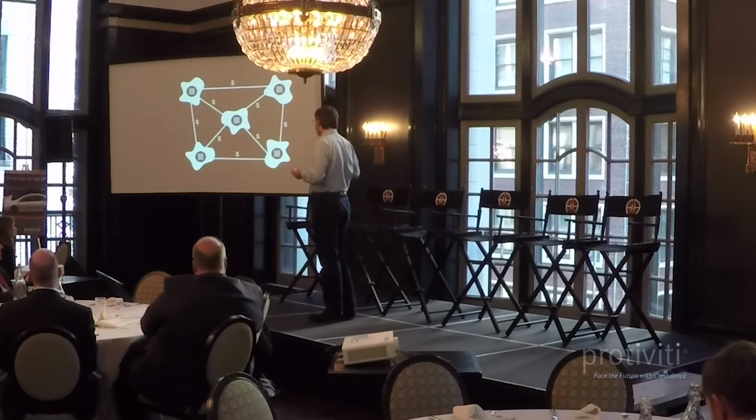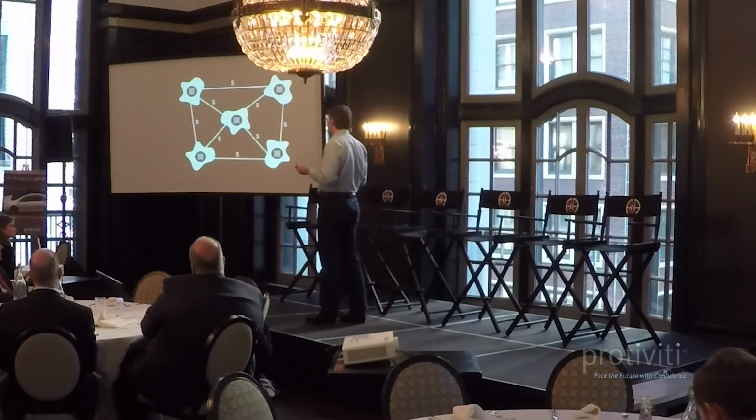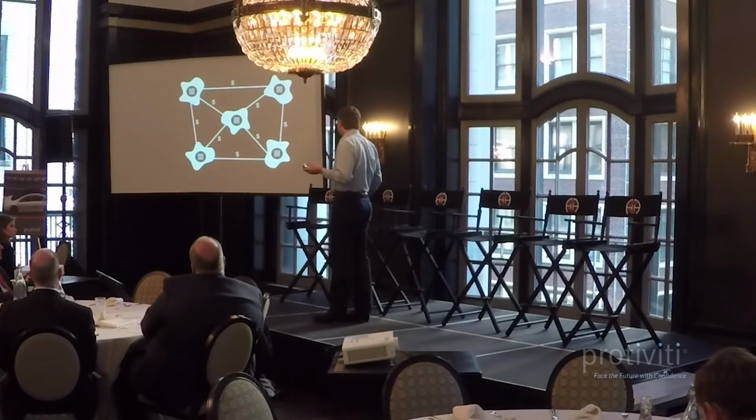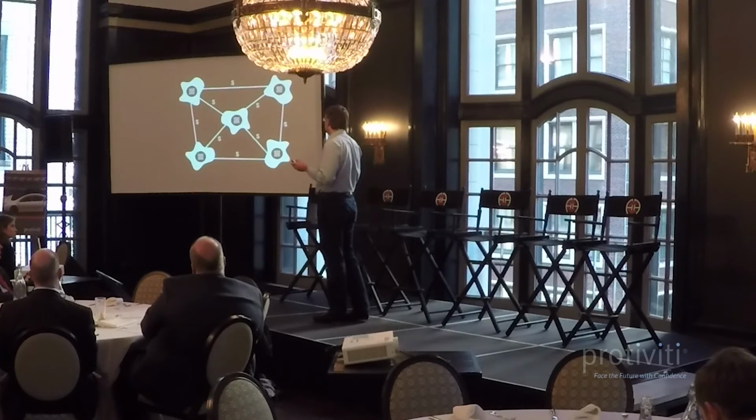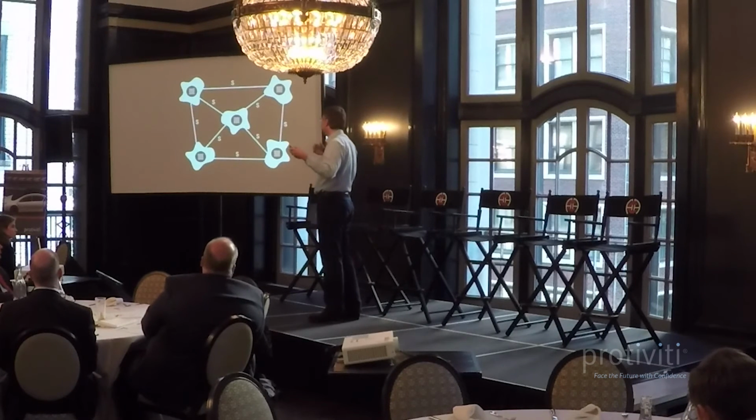Now, what we can do with this type of system is build a payment network that allows money to flow freely among these nodes. And we can do it in a way where we don't have to put the whole thing in a box. Every part of the network is responsible for its own security. And what we have now is a payment system that has two important properties. It's very reliable and it's very secure. And what's important is that it's secure and reliable from the perspective of a user.